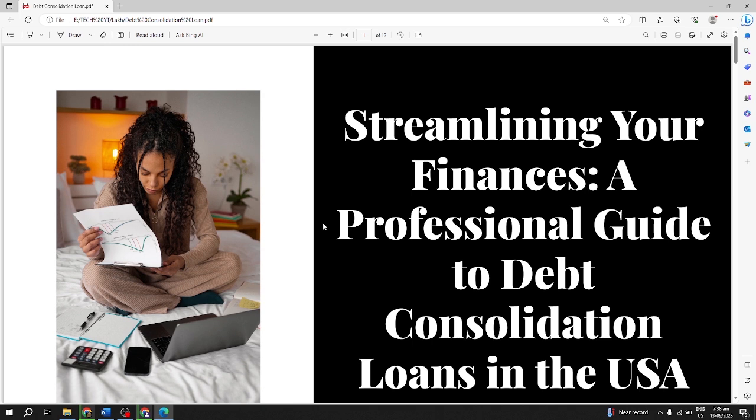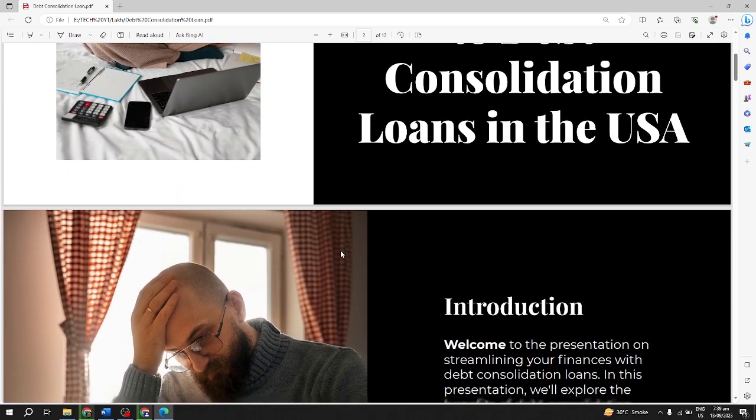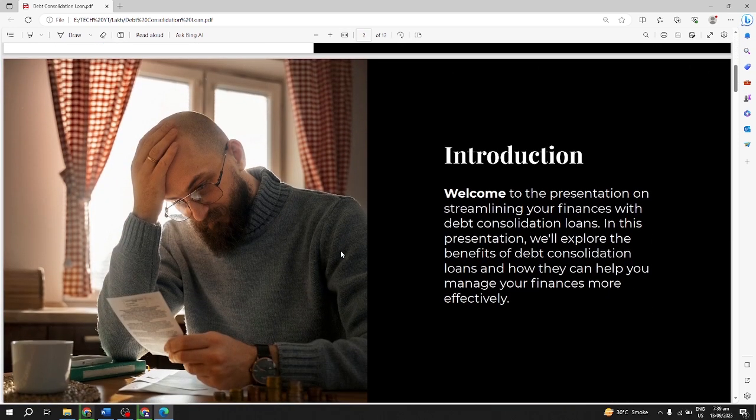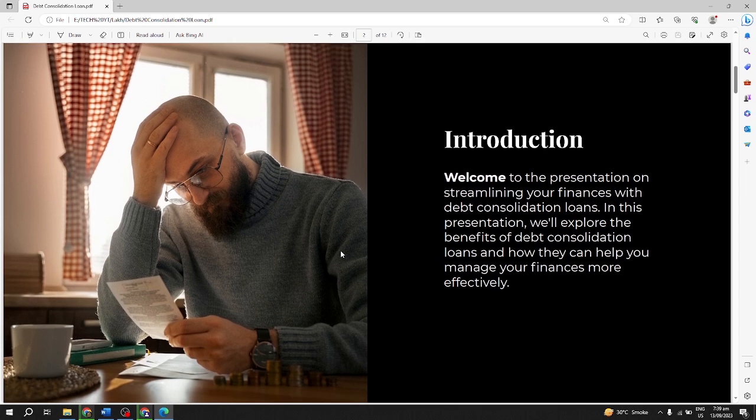Now the first page: Streamlining Your Finances, a professional guide to debt consolidation loans in the USA. Now the first slide is Introduction. Welcome to the presentation on streamlining your finances with debt consolidation loans. In this presentation, we'll explore the benefits of debt consolidation loans and how they can help you manage your finances